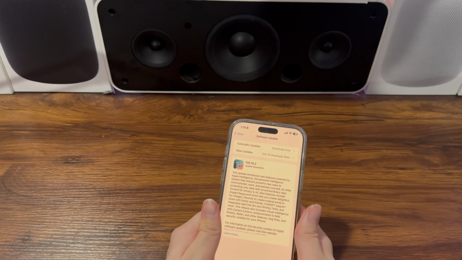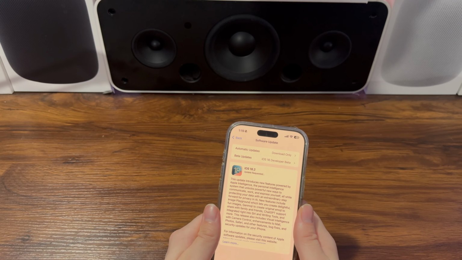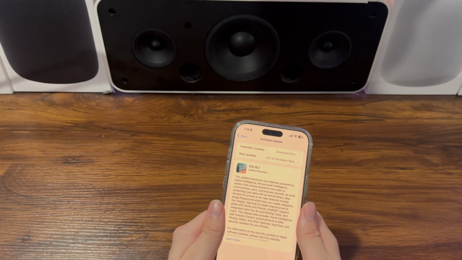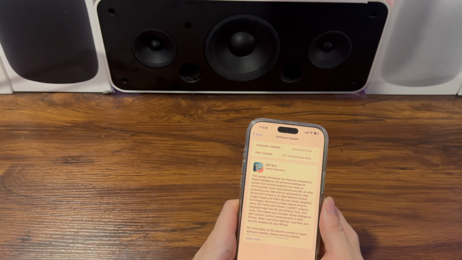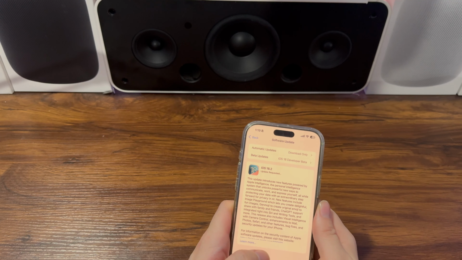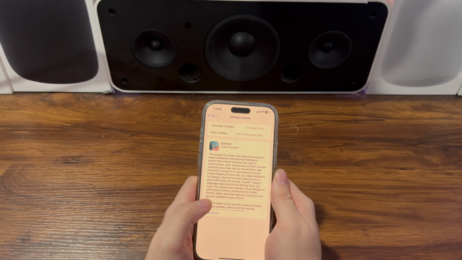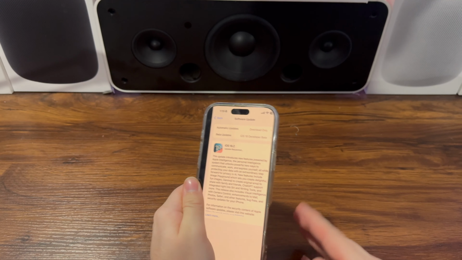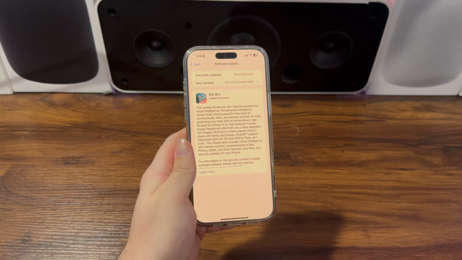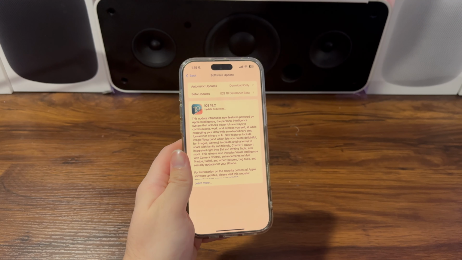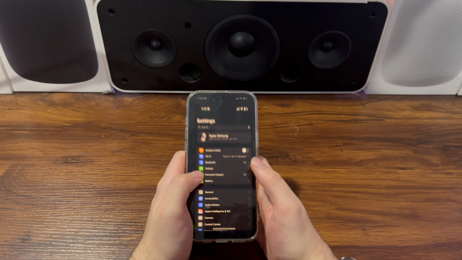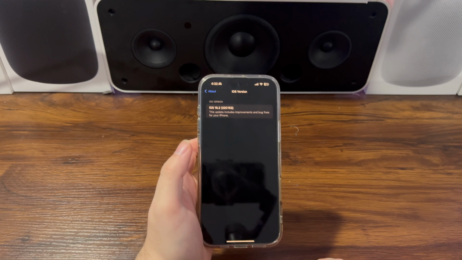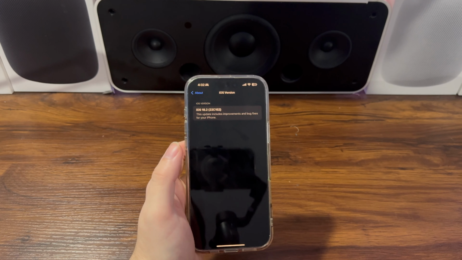New features include Image Playground, Genmoji, ChatGPT support integrated right into Siri and writing tools, and more. iOS 18.2 also includes visual intelligence with camera control on iPhone 16 series, as well as the redesigned Mail app. I'm going to show you all this in this video. So let's go to Settings, General, About. As you see, iOS version 18.2, build number